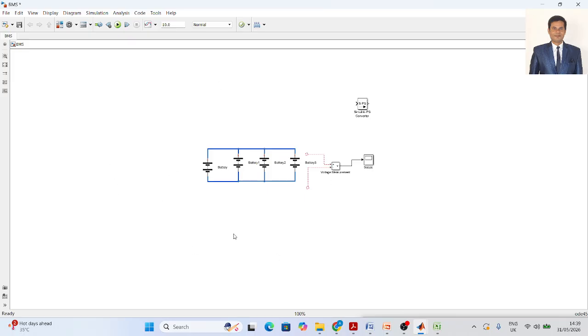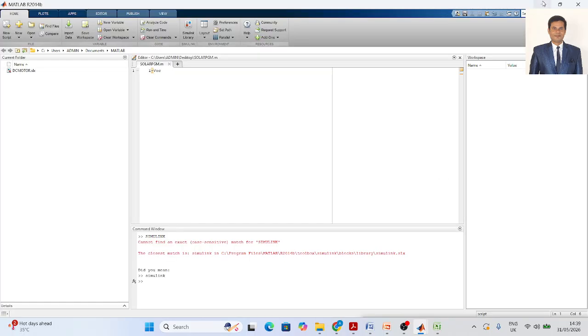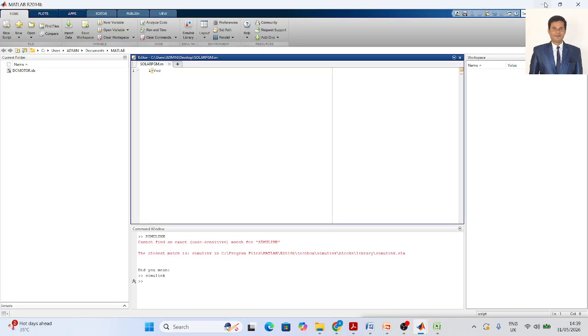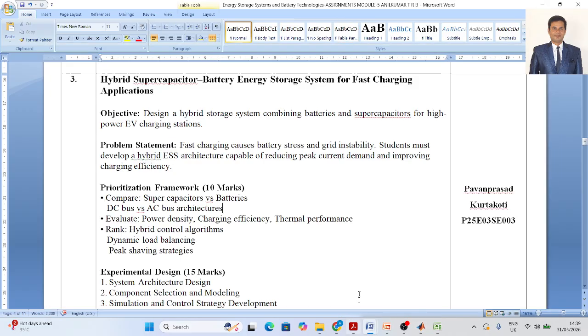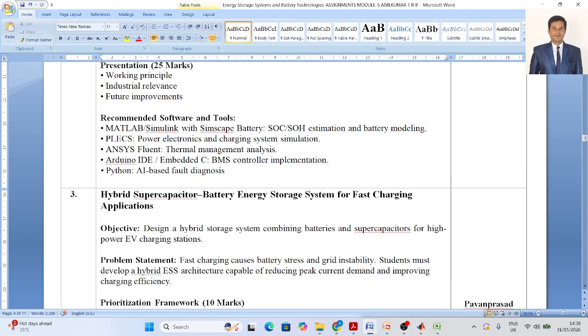Once you develop the models, no, then go for analyzing the techniques, the various techniques you have to analyze. So which techniques have they given you in the syllabus in the PBL? Those techniques you have to use and develop, okay. That is what you have to develop with Simscape, with Simscape batteries for SOC and SOH estimation and battery models. Okay, you can use these Simscape models for developing your battery modeling. Okay, is that clear, Mamta? Yes, sir.